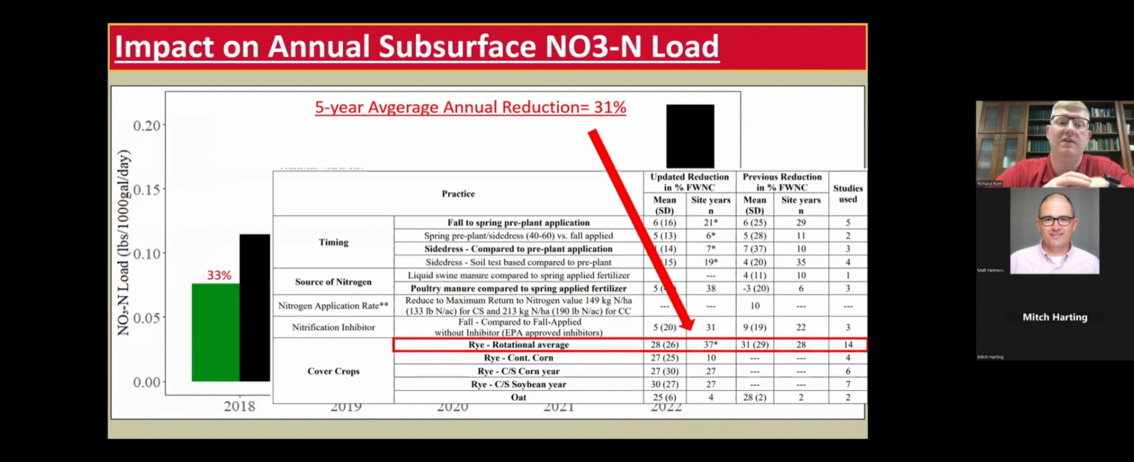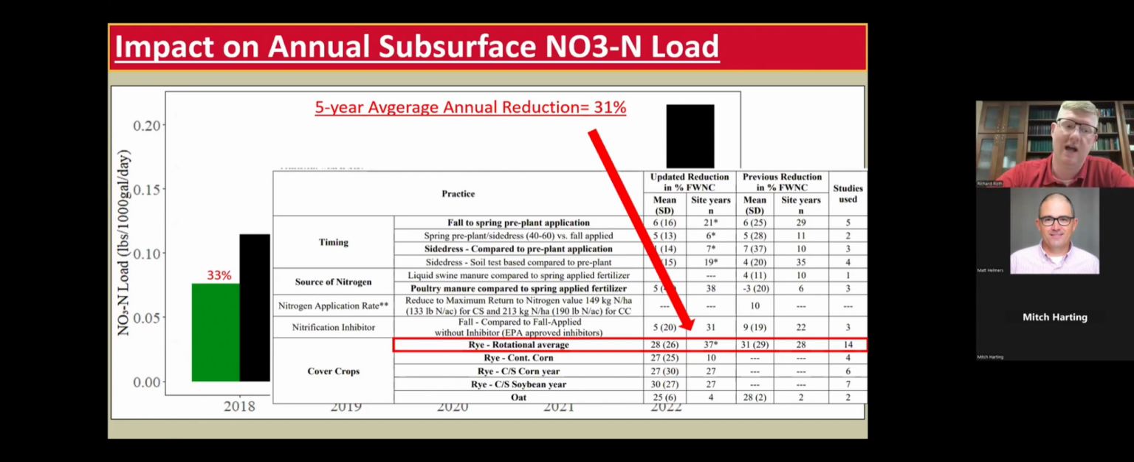And for the first couple of years, we didn't actually see really any impact of having cereal rye in the watershed. It took a couple of years to build up kind of a cumulative effect. And after about 3 years, we started to see reductions in nitrate loads at the watershed scale from where we had cereal rye and where we didn't. And over a 5-year period between 2018 and 2022, our average reduction was about 31%, which